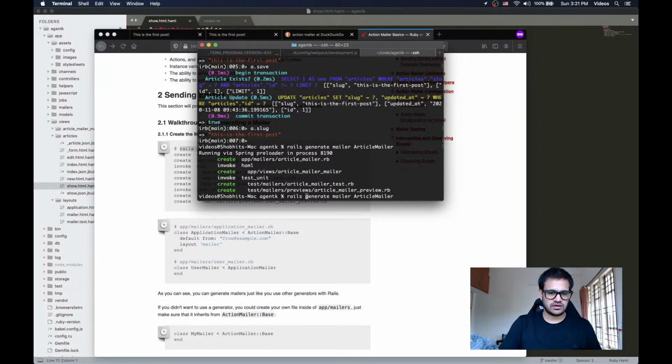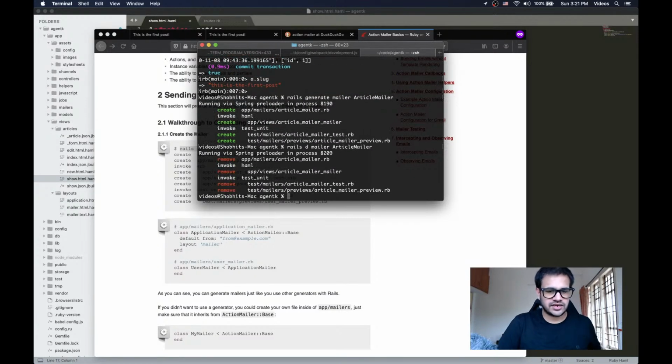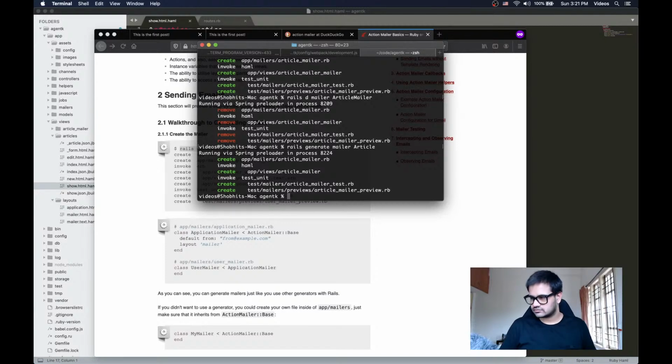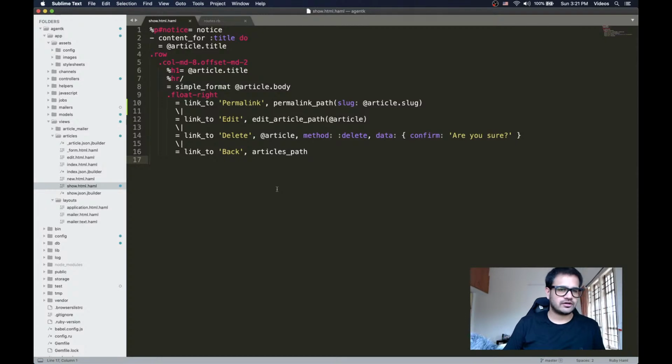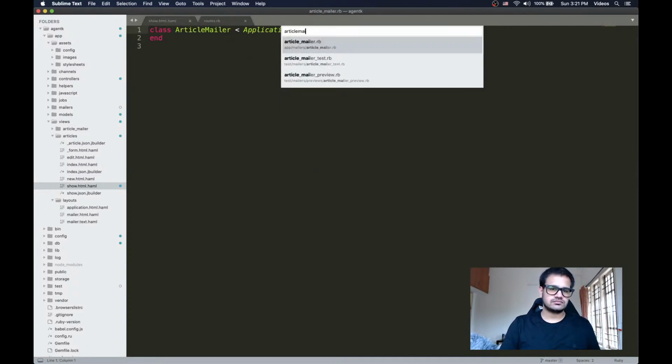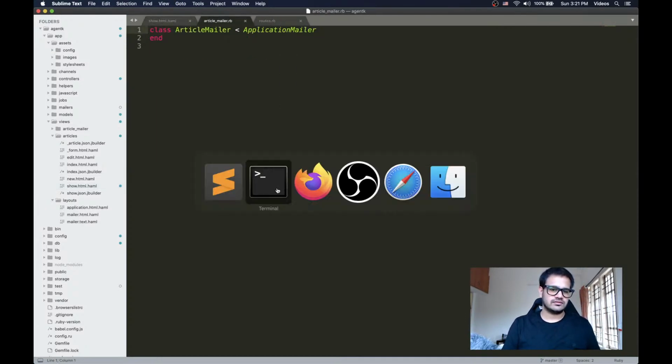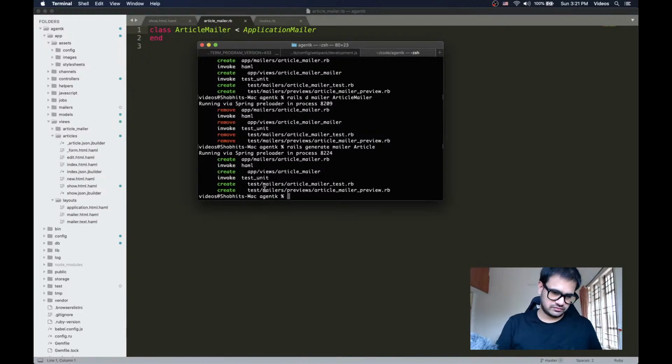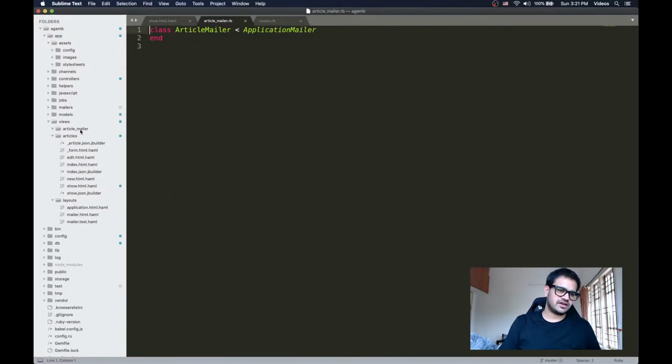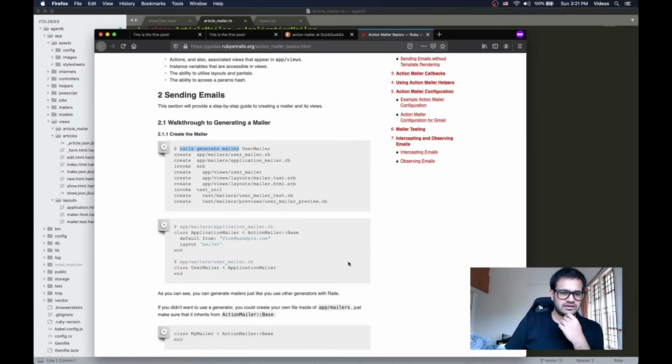This didn't work. Nice. I just had to write article, I think. Didn't need to add the mailer stuff. Okay, so now we have an article_mailer.rb file. We have the views for article mailer, which we haven't created yet, but supposedly we can whenever we want, right? So for now,